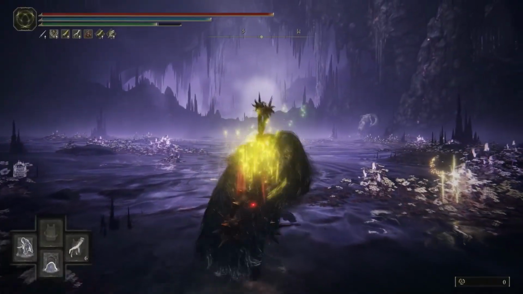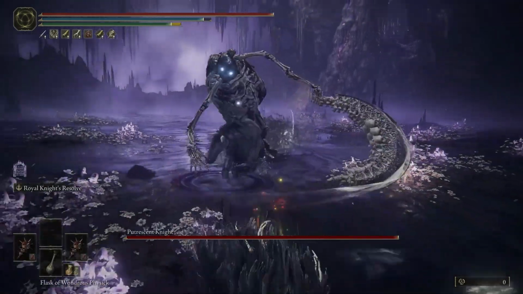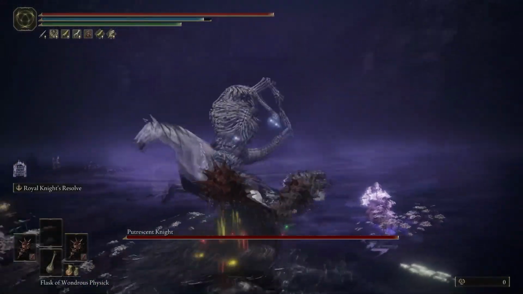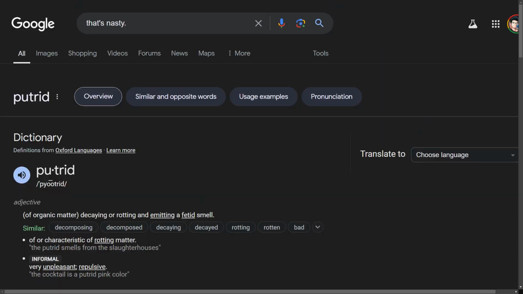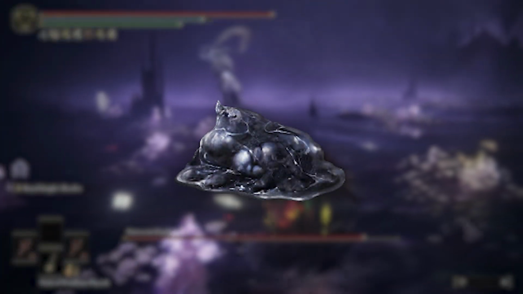They appear to be made of a substance called putrescence, as the mass of putrescence sorcery and congealed putrescence crafting items indicate. According to the Remembrance of Putrescence, which drops from the Putrescent Knight boss, this putrescence substance is simply decayed flesh, which makes sense since that's what the word putrid means in real life. It's also stated that the lives kept within the coffins are impure,